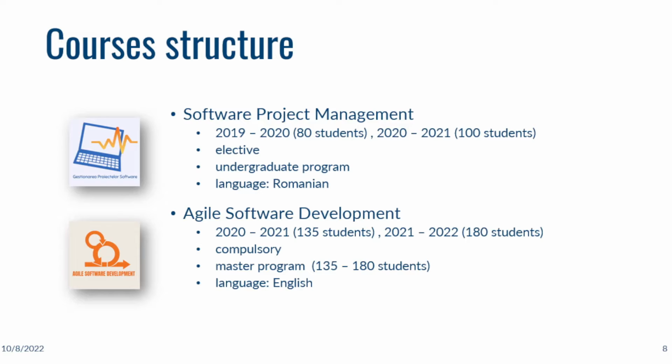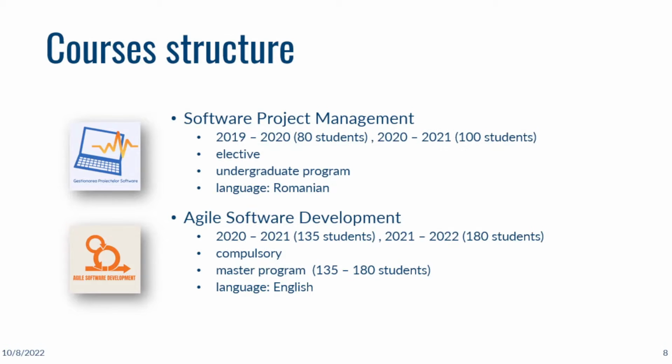The first course is an elective course delivered in the second semester of the last year of study for undergraduate students in the computer science and mathematics computer science specializations. The second course is compulsory and is taught in the first semester of 3 master programs of our faculty. The total number of hours allocated are 2 hours of lectures and 1 hour of seminars per week for both